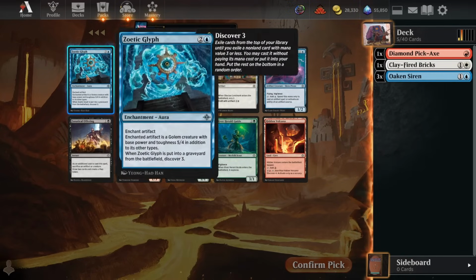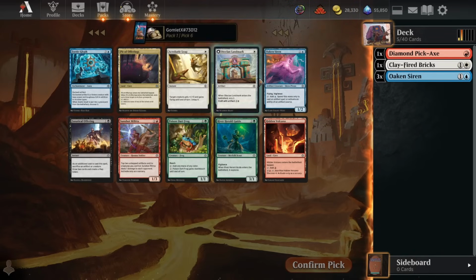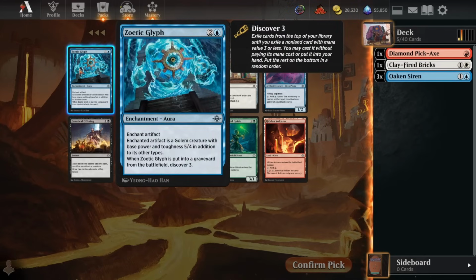Pick number 6, Zoetic Glyph. Alright, the quick draft bots are not perfect yet. They are far from it. We got past 4 Oaken Sirens in a row, and Zoetic Glyph is still going pick 6 in quick drafts. This would have happened week 1 of the format for sure,